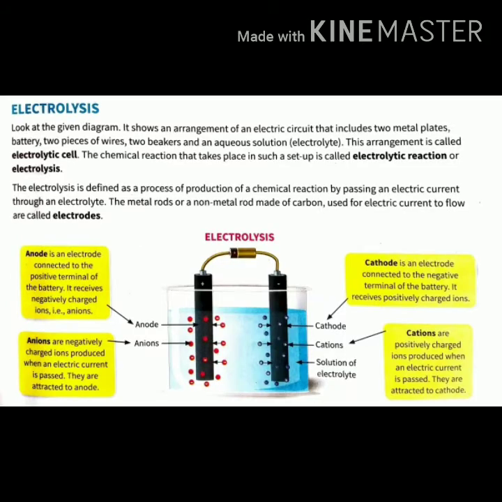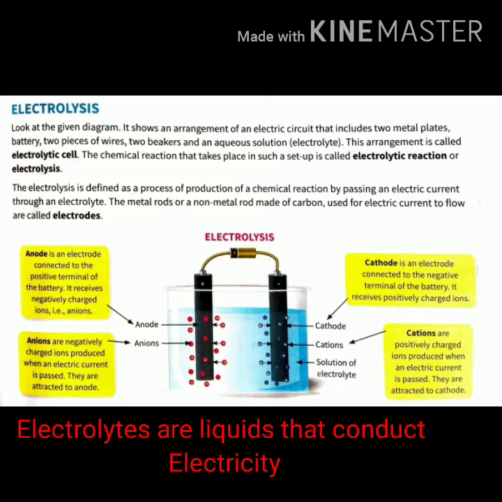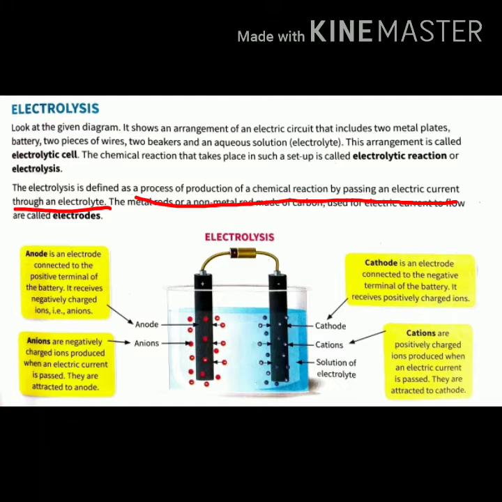Now the next topic is electrolysis. As I have already explained what an electrolyte is, electrolytes are the liquids which are able to conduct electricity. Therefore, electrolysis is defined as the process of production of a chemical reaction by passing an electric current through an electrolyte. As you can see in the diagram, this is electrolysis, and this arrangement is known as